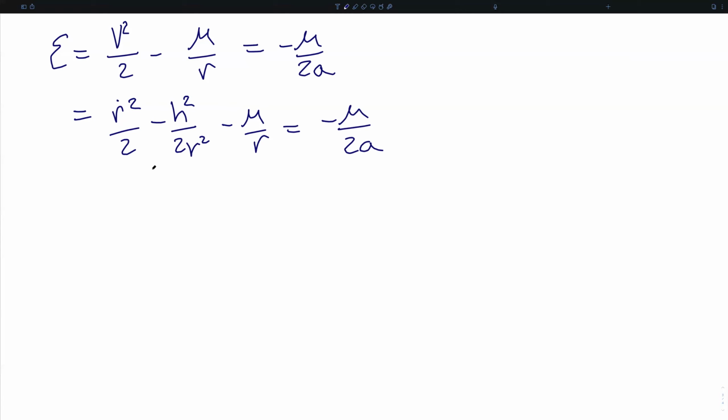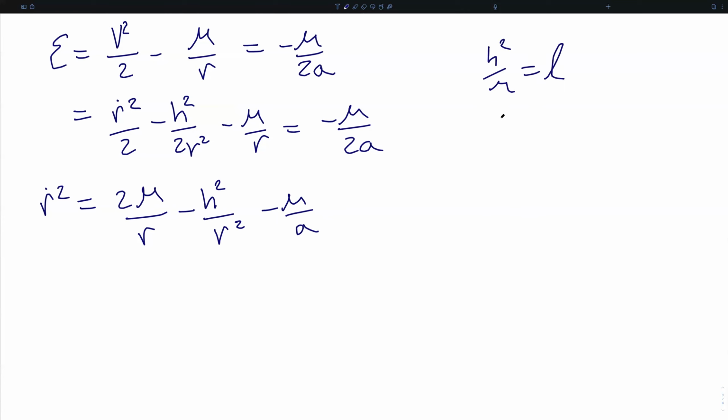And so we can solve this for r dot squared and find r dot squared is equal to 2 mu over r minus h squared over r squared minus mu over a. Substituting in the definition of the semi-parameter as a function of the specific angular momentum and the gravitational parameter, we can rewrite this as,